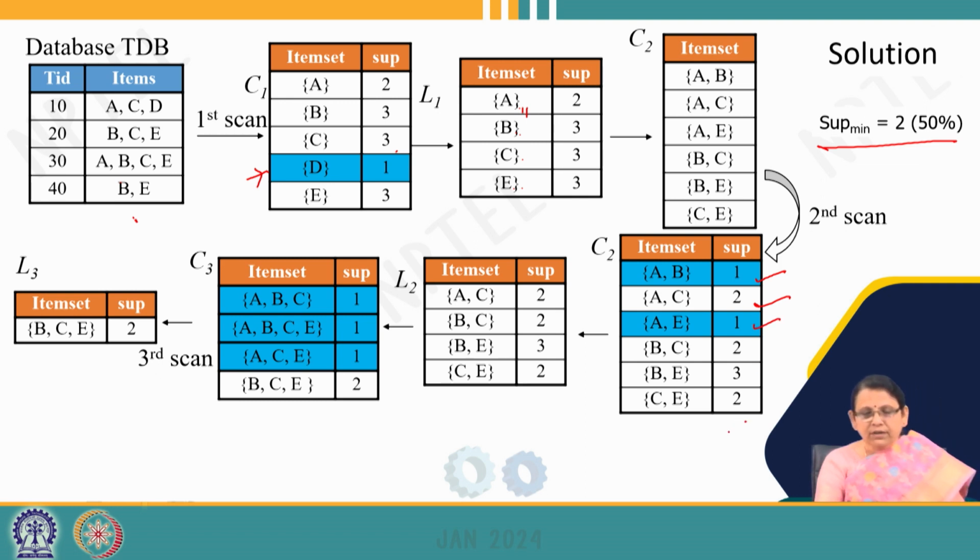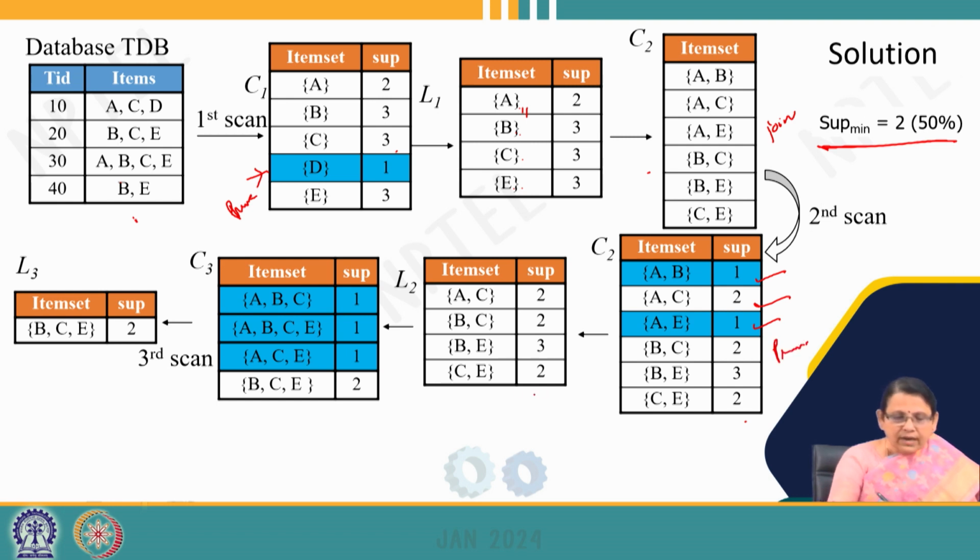So, once we find out the frequencies based on our claim of the support, which is 50%, which means 2 items. 50% of this is 2 items. So, these 2 are getting pruned. So, here we joined, here it is a prune, here it is a join, here again it is a prune, and here after pruning you filtered, again